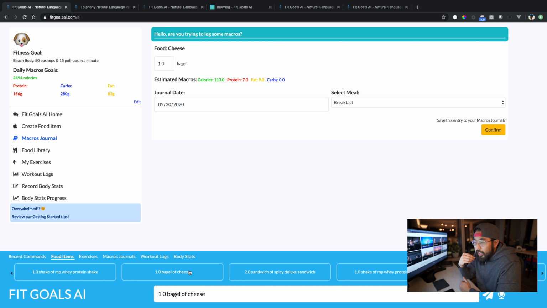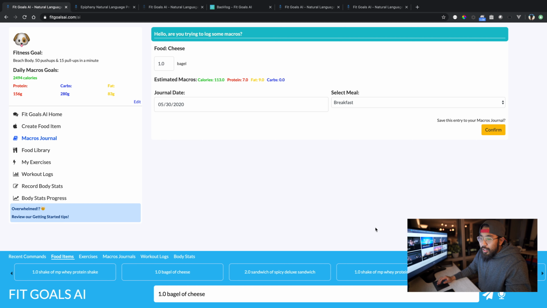You wouldn't have to say bread, then sandwich meat, then cheese, then lettuce and tomato. You can just say my roast beef Swiss cheese sandwich, or you can call it my normal sandwich. You can name it whatever you want, and I'll show you that in a second.